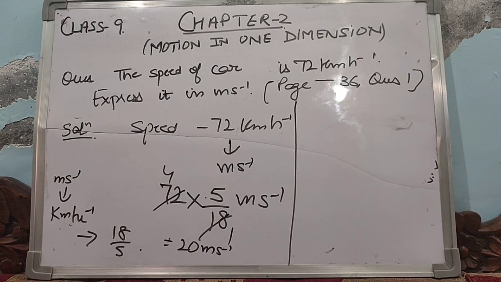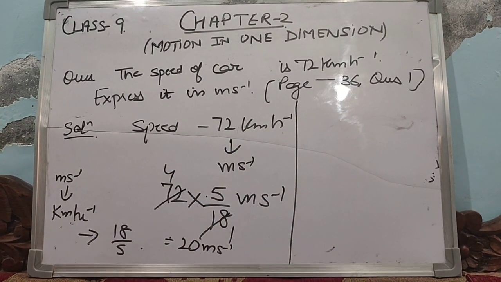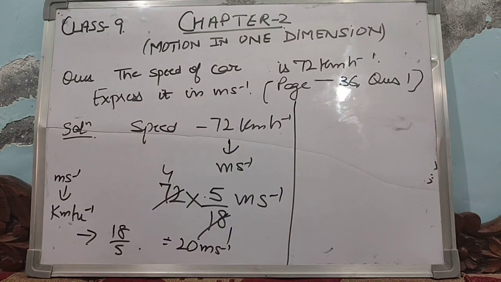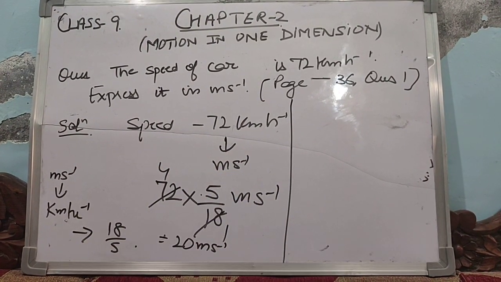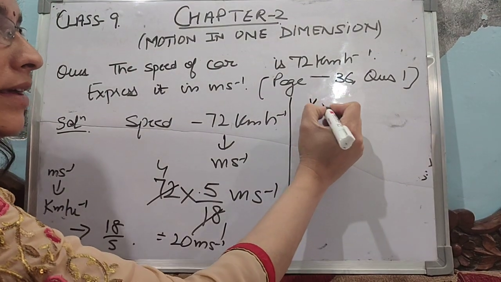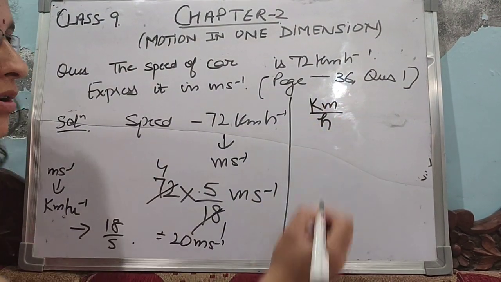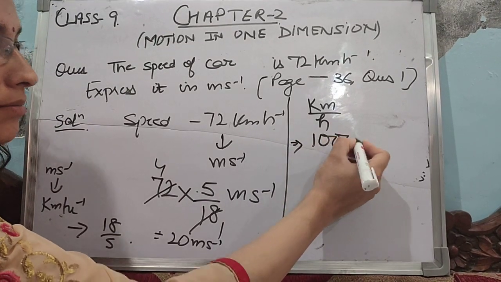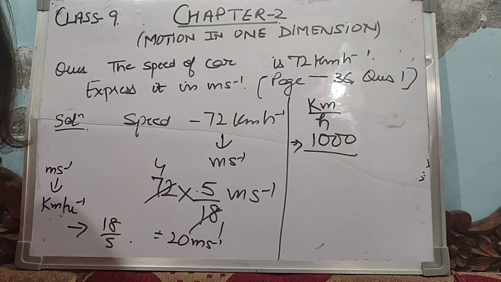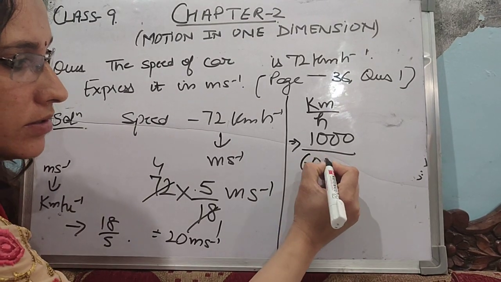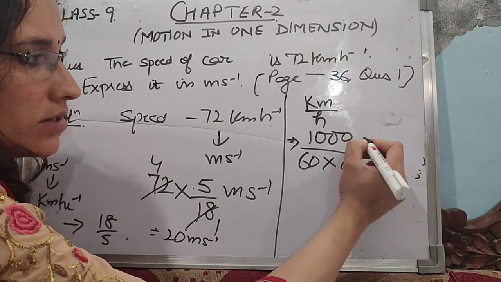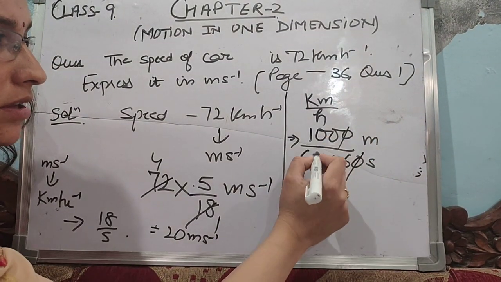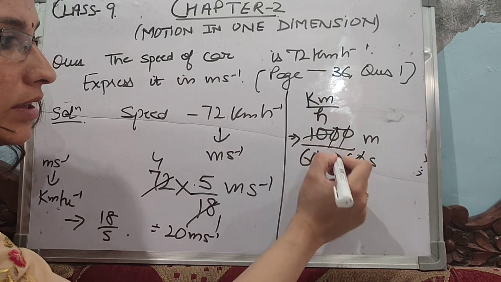Dear students, there is another alternate method to solve this numerical. In case you forget how to convert kilometer per hour into meter per second, remember, I am writing here kilometer per hour. So we know 1 kilometer has how many meters? It has 1000 meters. And 1 hour has how many seconds? 60 into 60 seconds. So it becomes meter per second. When you solve this, it will come out to be